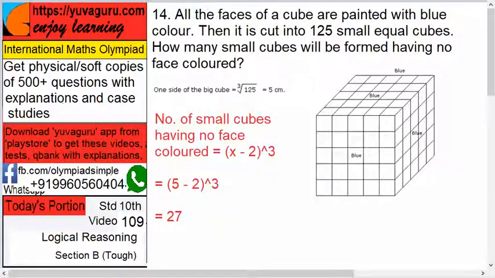Next, all the faces of a cube are painted with blue color. Then it is cut into 125 small equal cubes. How many small cubes will be formed having no face colored? See, this is a cube. Then it is cut into 125 smaller pieces. So